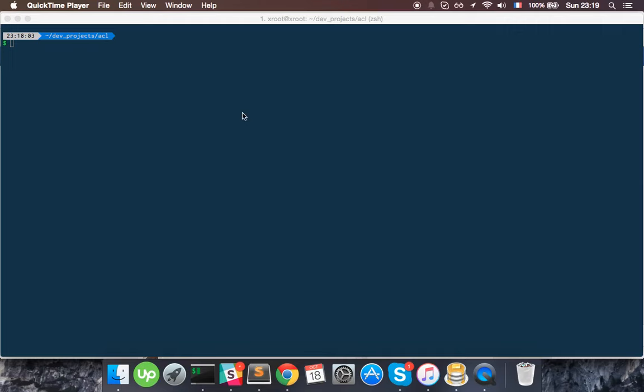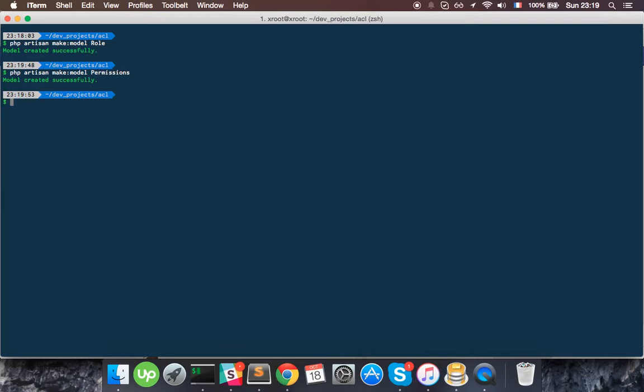So, php artisan make:model. The first one will be the role, and the second one will be permission, right? So now we will need to have a roles table and a permissions table, so we need to have a migration